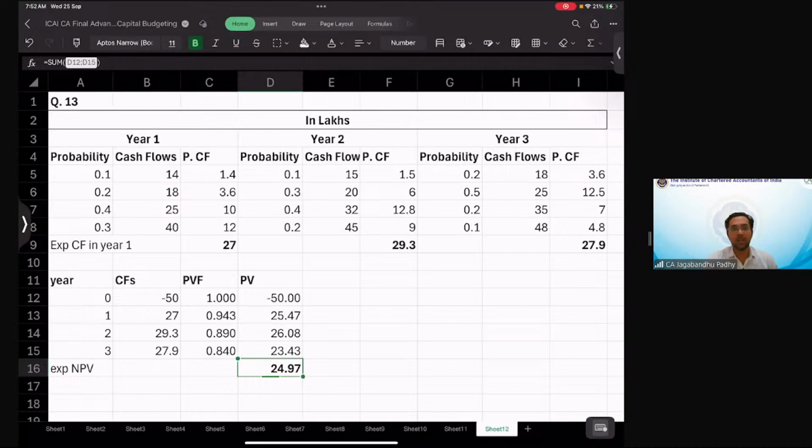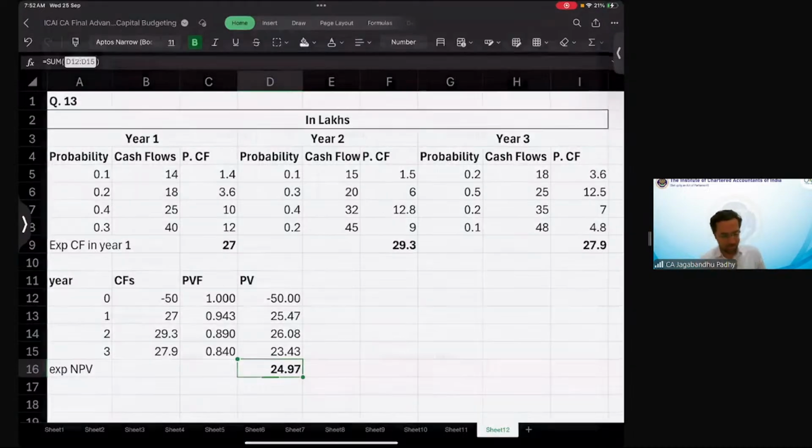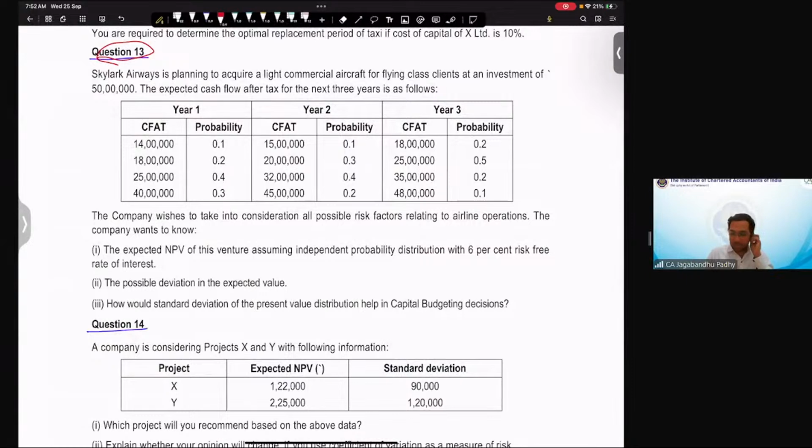So it is pretty simple. Whatever we have done in the previous questions is just the same thing, right? Okay. So now the next aspect the question asks us is the possible deviation in the expected value. The possible deviation that we are looking for in the expected value. Now, we are not asking the deviation in the expected NPV. But right now, we need to first get the deviation that we are likely to get in